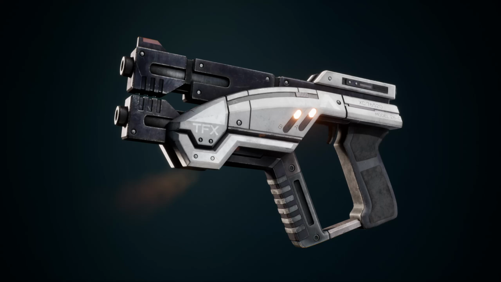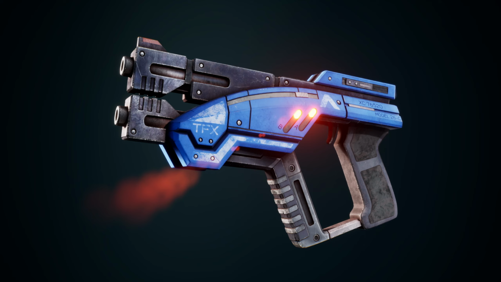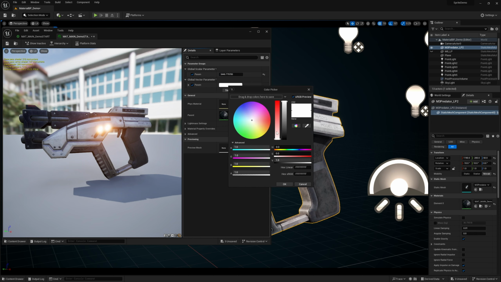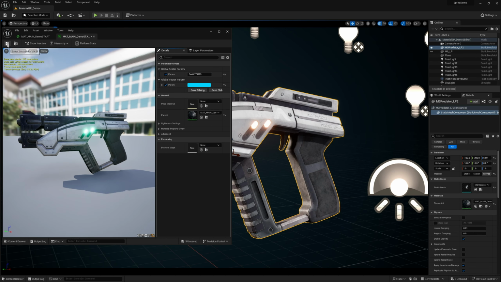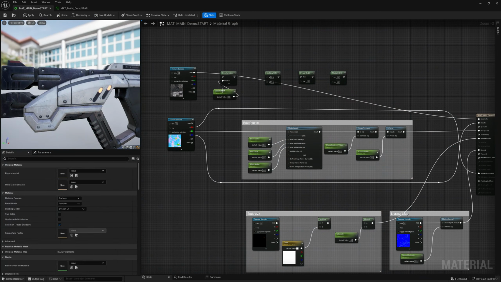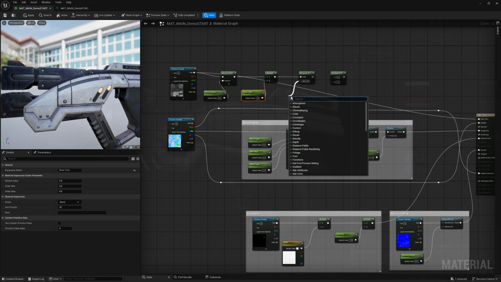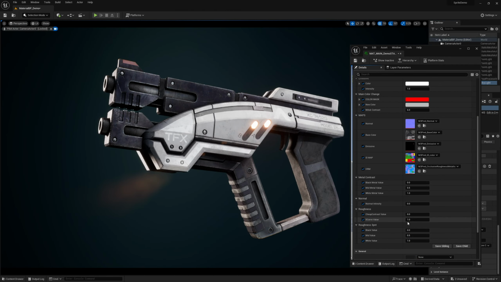Hello everyone. In this tutorial, we're going to take a look at how we can utilize blueprints inside of Unreal Engine so that you'll be able to create more sophisticated materials that allow you to make minor and major adjustments to your texture maps without needing to go back into your texture authoring software. I'll show you how we can set up a material node graph to make subtle adjustments like tweaking contrast of